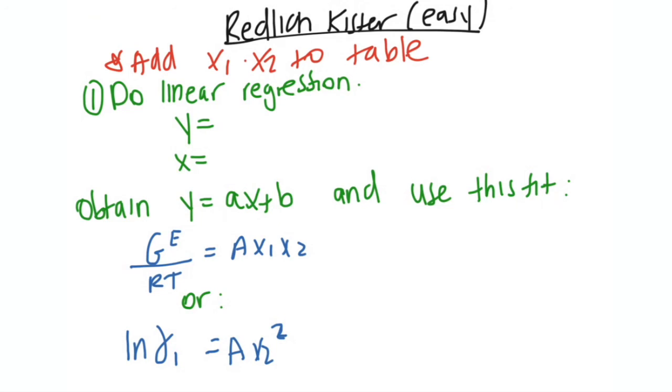So for Redlich, when you're doing your linear regression, the y values you're plugging in are the GE over RT, which, as I said before I started getting into these fit functions, will be in the table that you've made. And the x is going to be your x1 times x2. So again, you're going to find your equation of the line, which is y is equal to ax plus b, and you're going to use the following fit. So you're going to use excess Gibbs over RT,